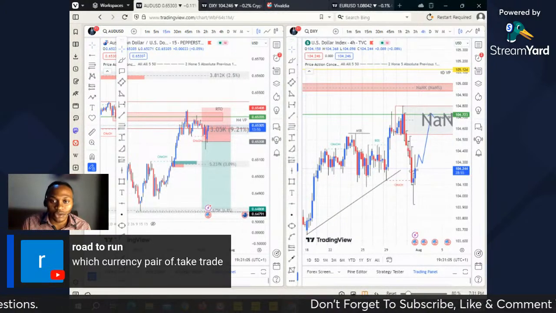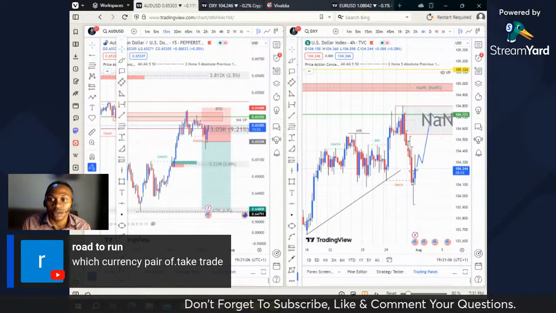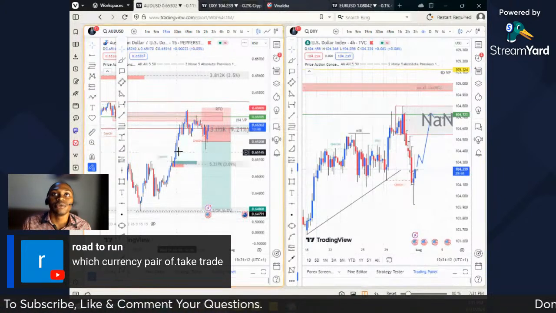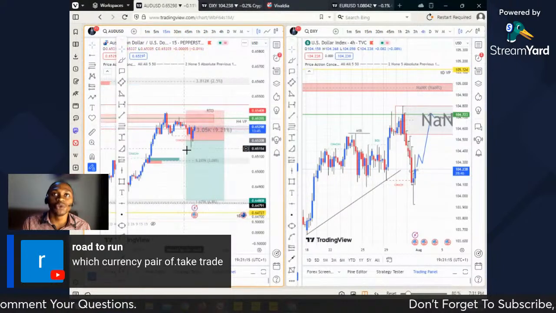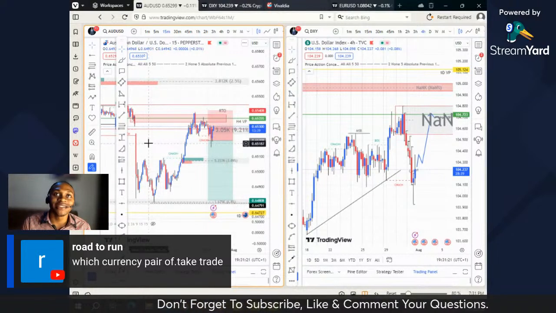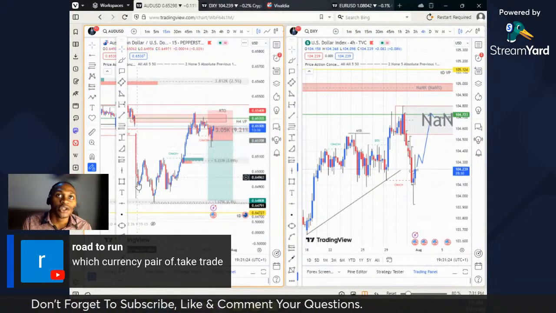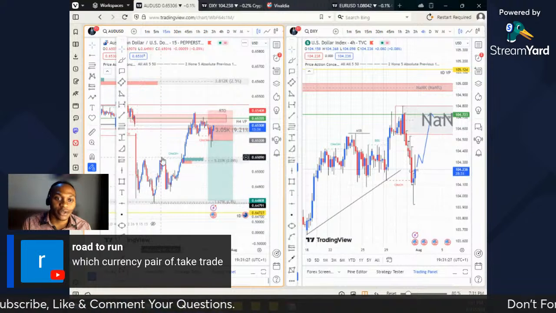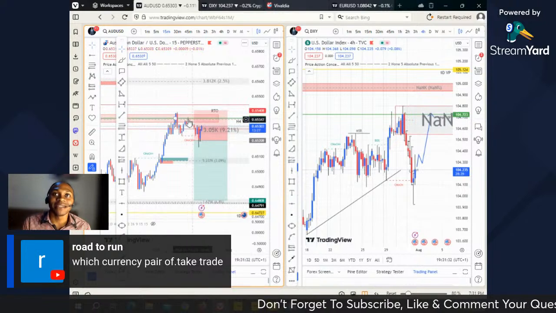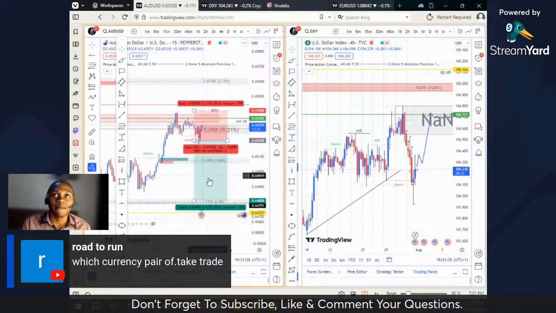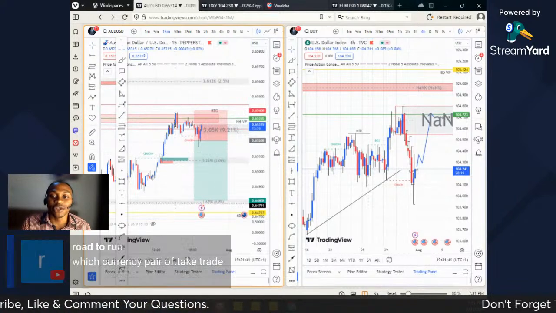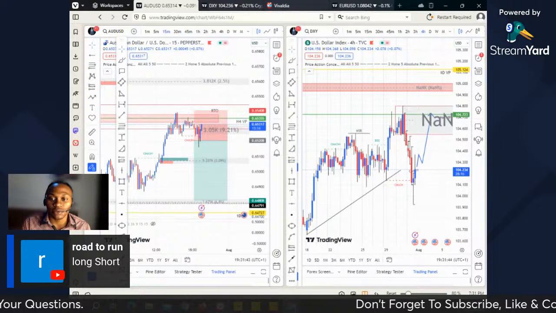Currently we're analyzing AUD USD because AUD USD is the weakest currency. So we took AUD USD for itself. Why did we choose AUD USD? Because earlier today AUD had CPI and the CPI was not good, so it made the AUD weak. So currently we're aiming at AUD USD because we see there's a massive resistance over here and AUD has respected it. So from here we can anticipate more drop on AUD USD because of the weakness on AUD. Short, short.